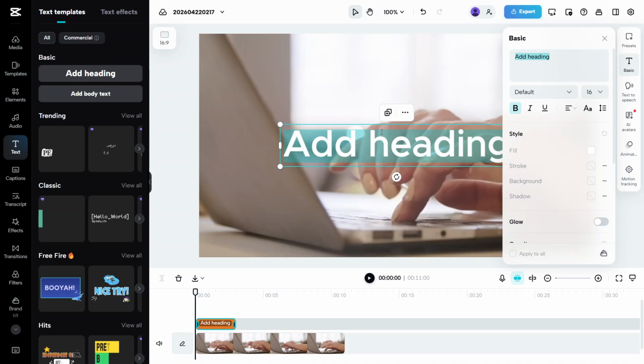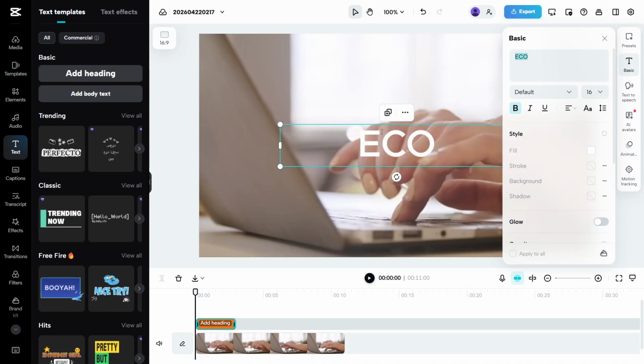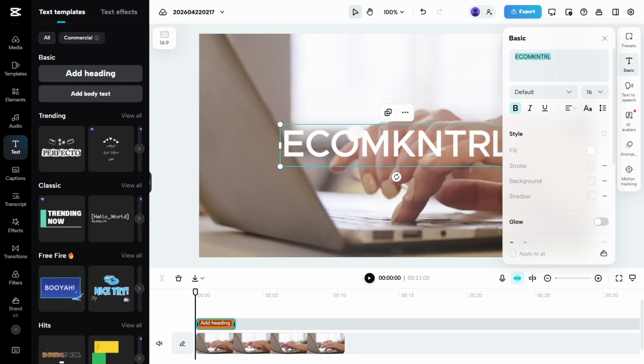Now let's style it so it actually looks like a watermark. Look over to the right side of the screen. You'll see a toolbar with options for editing your text. Make sure you're on the Basic tab. Here, you can change the actual text content, choose a font, adjust the size, and make it bold, italic, or